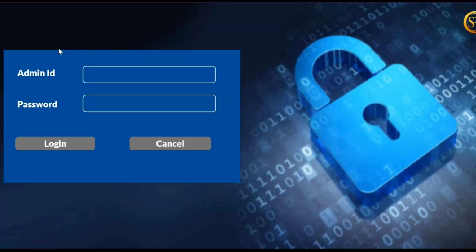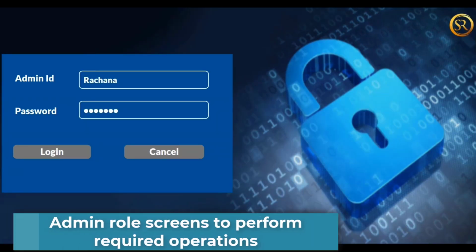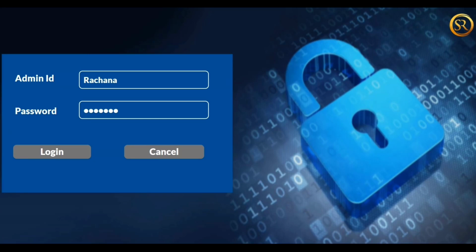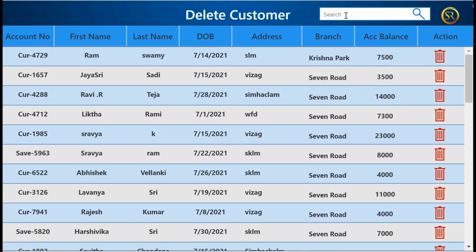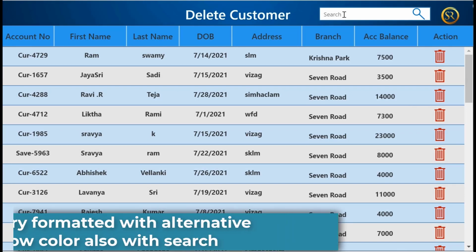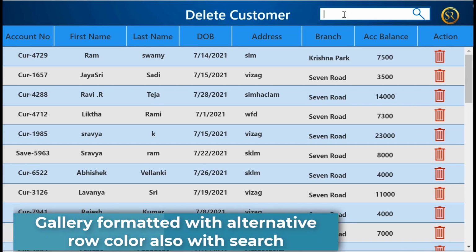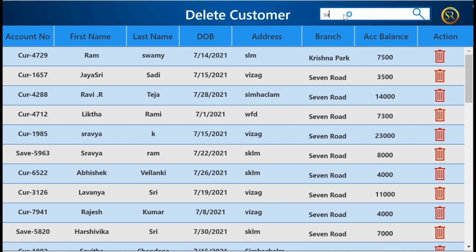If you click on this admin login, it will navigate me to the admin login screen. Here the admin ID and password will be shown. Both the admin ID and password are very unique and only known to the admin. If you click on login, it will navigate me to the delete customer screen. Here is the search icon where we can search the account number. The admin has logged in to delete the save